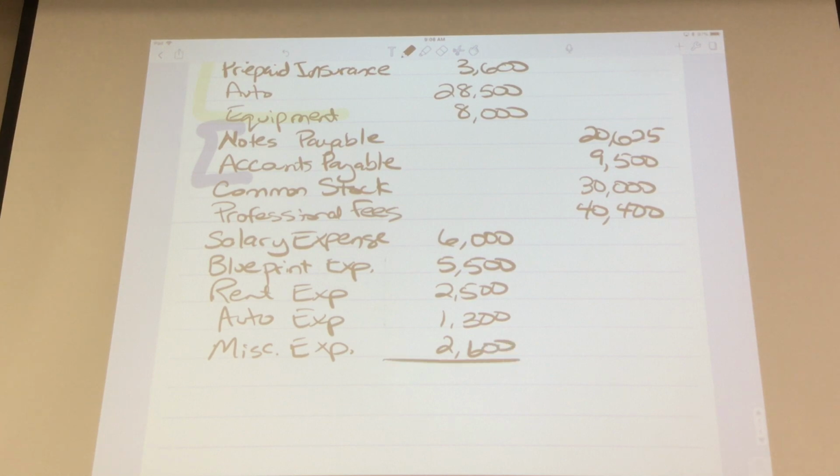All right, so if you total the debit balances and the credit balances, if you have completed the double entry accounting correctly, then you should get the same balance for each. So your debits,